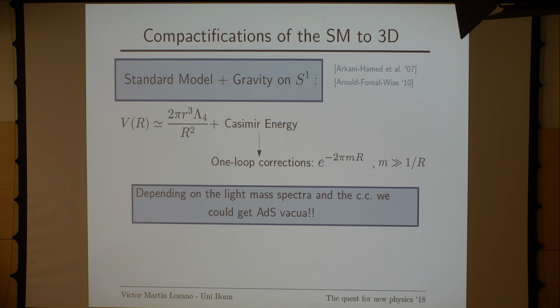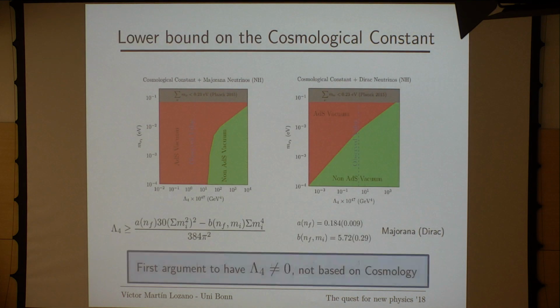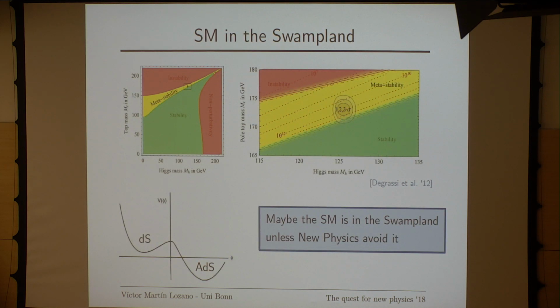I'm not sure if I understood your argument in the last slide before last slide, when you say that the standard model is metastable. Yeah? Okay. So I mean, these plots were done assuming there is no other physics from the electroweak scale up to the Planck scale. Yes. And we know that probably this is not the case for many reasons. So saying that the standard model is in the swampland based on these plots, I think it's a bit... It may be. You just add Dirac couplings, for instance, with singlet neutrinos to explain neutrino masses, and